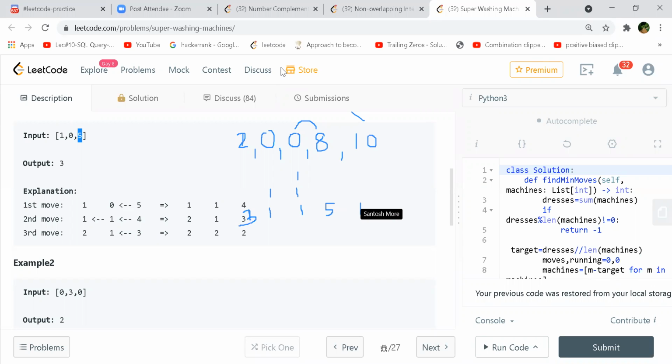This is my third move, right? And then if I do the next moves, now this 5 is done, so I have to start from the 10. So this will be 1 now in that case, right? Then again I will move one more from this 10, so this will be 1, and I cannot move 1 here, right?